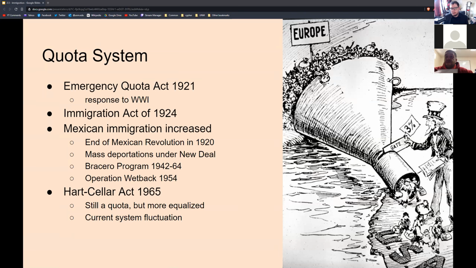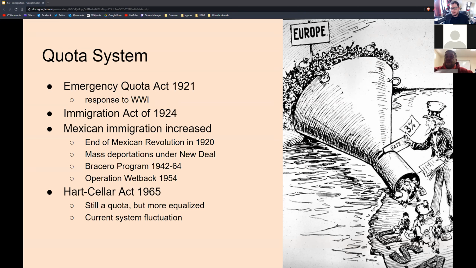But then during the New Deal, during the Great Depression, the government wanted it to ebb away, and so there were mass deportations during the New Deal, specifically so that Mexican immigrants couldn't compete for agricultural jobs during the worst jobs crisis in American history. During World War II, there was the Bracero program, which essentially gave migrant workers a path to citizenship, and also paid for their immigration, partially because a bunch of agricultural workers were now going off to fight World War II. And this program actually continued all the way until the end of the quota system, but